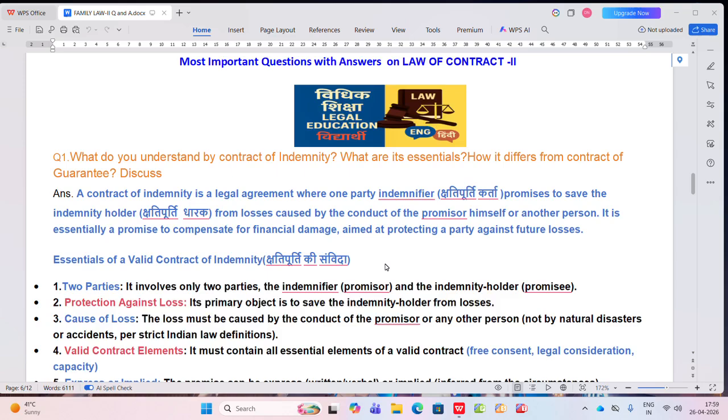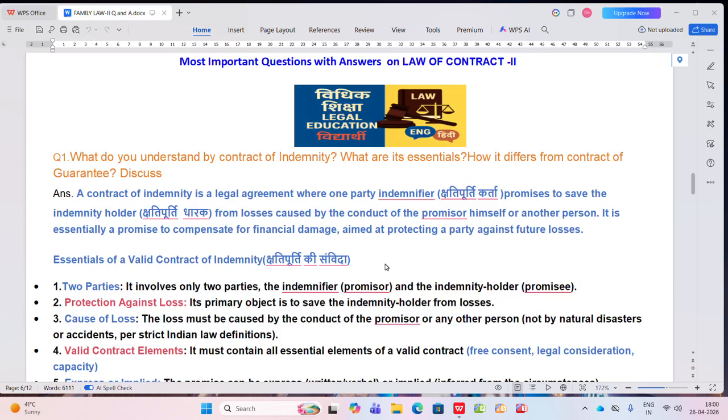Now, what is contract of indemnity? A contract of indemnity is a legal agreement where one party called the indemnifier, हिंदी में क्या कहते हैं इसको, क्षतिपूर्त करता, जब भी कोई लॉस होगा तो वो क्षति उसकी पूर्ति करेगा. Indemnifier promises to save the indemnity holder, क्षतिपूर्ति धारक यानी किसको करेगा? एक दूसरे पर्सन को जो कि इंडेमनिटी होल्डर है, from losses caused by the conduct of the promisor himself and another person. मान लो किसी कारणवश उसको लॉस हो रहा है किसी कॉन्ट्रैक्ट में,